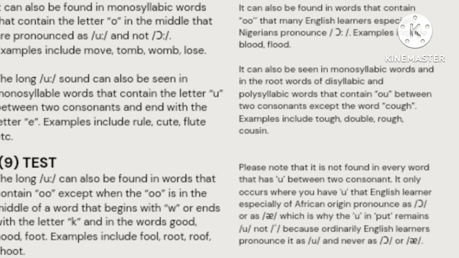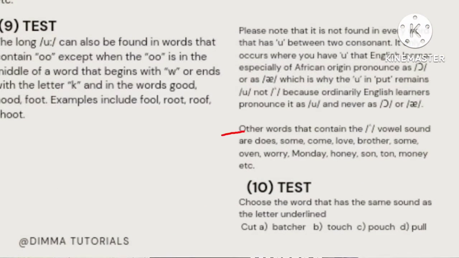Please note that it is not found in every word that has U between two consonants. It only occurs where you have U that English learners, especially of African origin, pronounce as O or as A, which is why the U in put remains U and not A, because ordinarily English learners pronounce it as U and never as O or as A. Other words that contain the R vowel sound are does, some, come, love, brother, some, ever, worry, Monday, honey, sun,